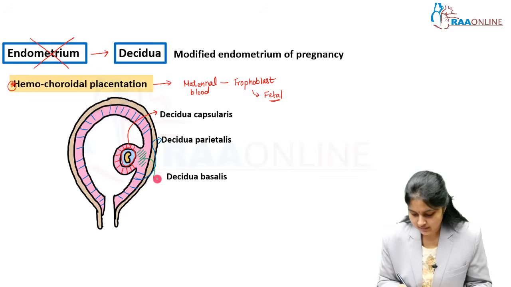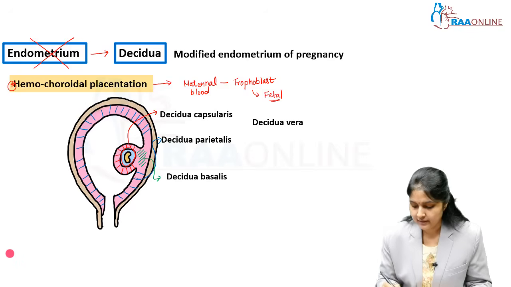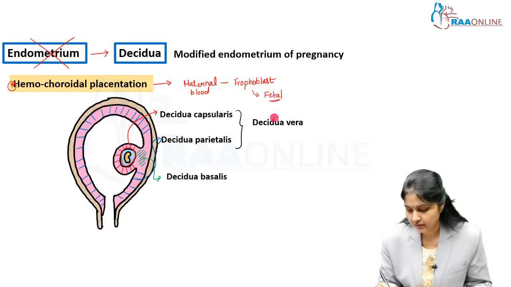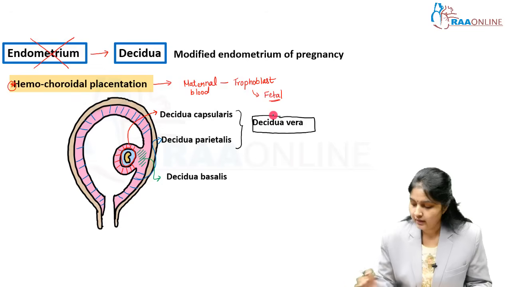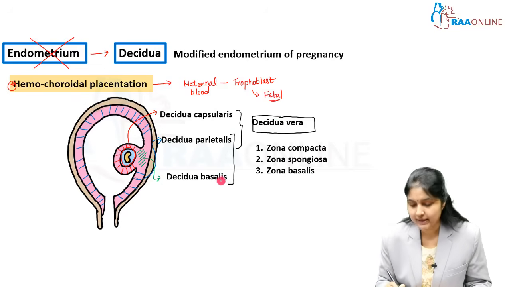So that is, the green part is decidua basalis. Now the decidua capsularis and parietalis are together given a name called decidua vera, and decidua parietalis and decidua basalis, only these two,